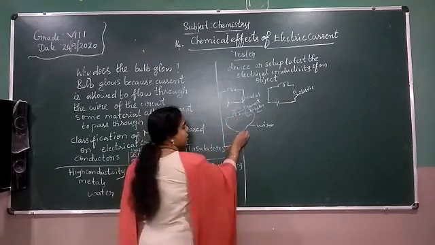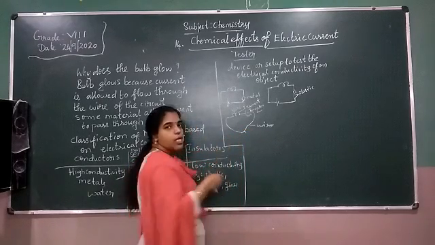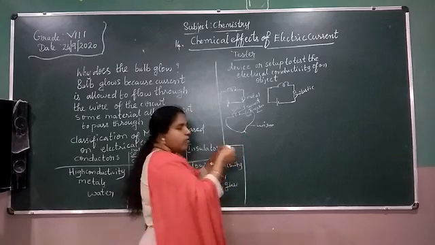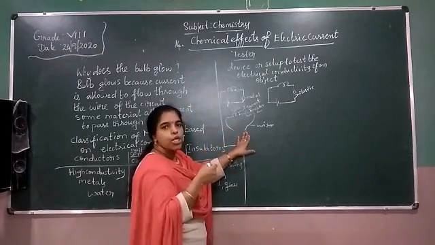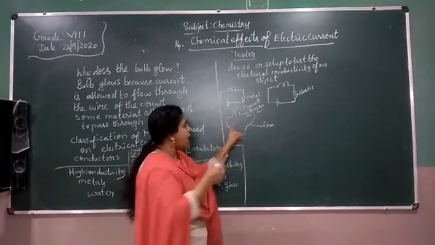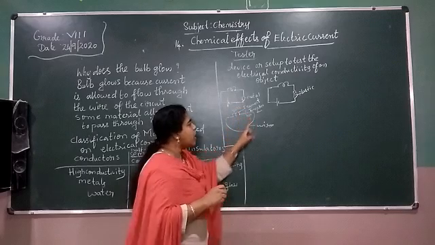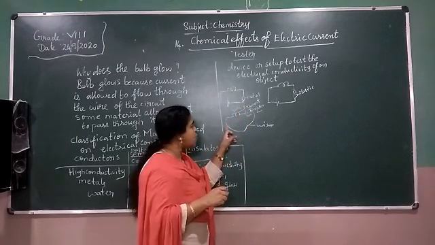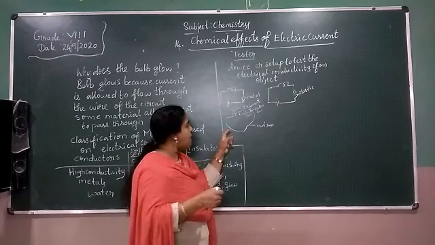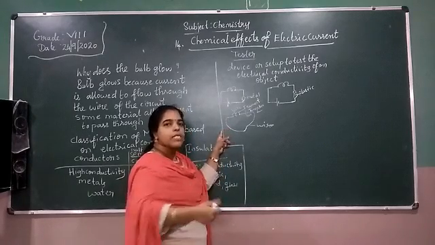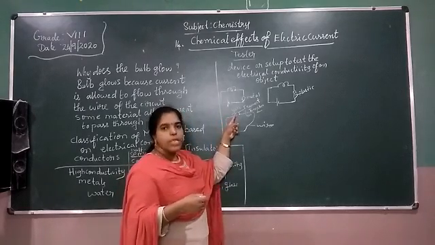No, here the connection is not completed. If I touch these two wires, or give a switch connection, the bulb will glow. Otherwise, the bulb does not glow. Why, if I touch these two ends, does the bulb glow? What is the reason behind that? This wire is capable of allowing the current to pass through it. The flow of electrons is happening there. That's why the bulb is glowing.